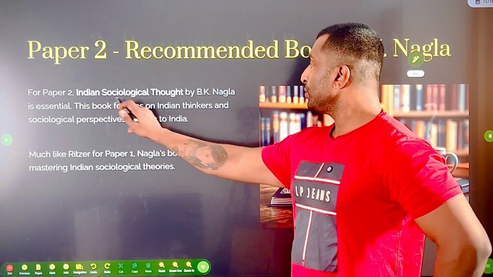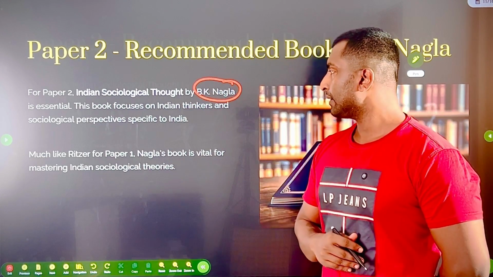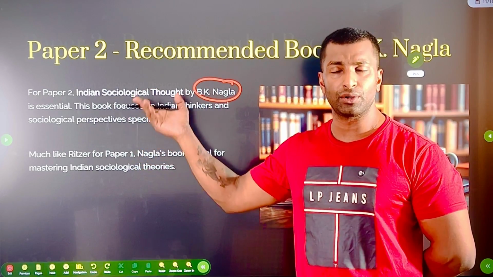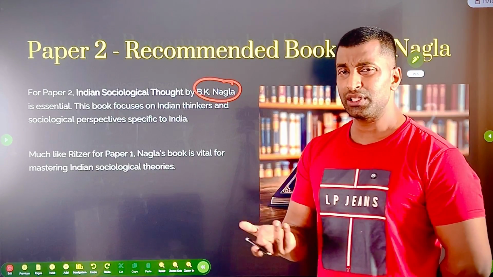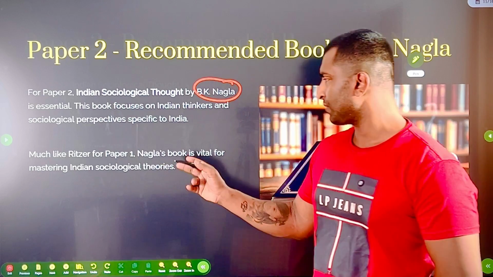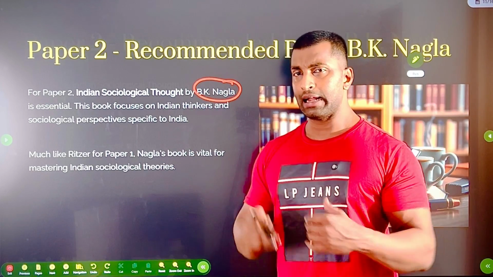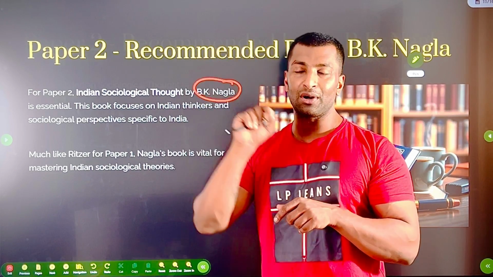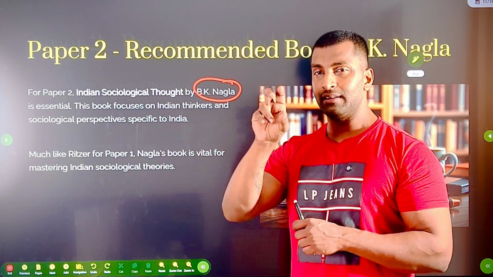Okay, when it comes to paper 2, Indian Sociological Thought by B.K. Nagla. This book focuses on Indian thinkers' sociological perspectives. You'll get to know the different perspectives of all the Indian thinkers. Social problems, Ram Ahuja, different books are there. So it's like Ritzer, the Nagla book is vital for Indian sociological theories. So on one side, read Ritzer for paper 1 and Nagla for Indian sociological thought. You'll see on the first cover page itself photos of different Indian sociological thinkers, and you will see their perspectives and their key points,